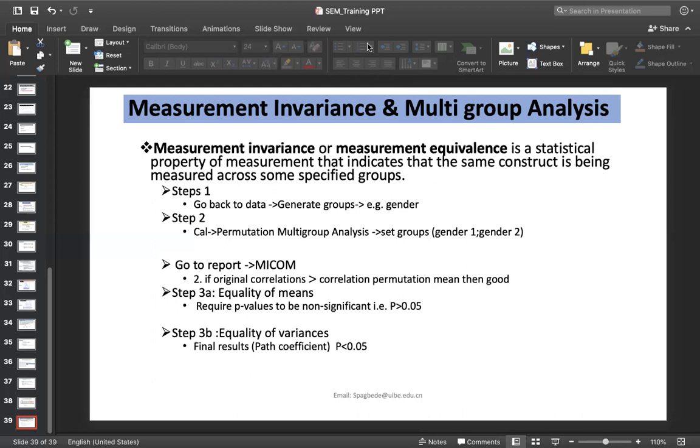To my understanding, if, for example, gender is a very important indicator in our analysis, then we have to check for the multi-group analysis, as we check now. It depends on the framework of your analysis. We checked that gender has no significant role, so we can run with this analysis. If gender was significant, then we have to run this model for male and female separately.